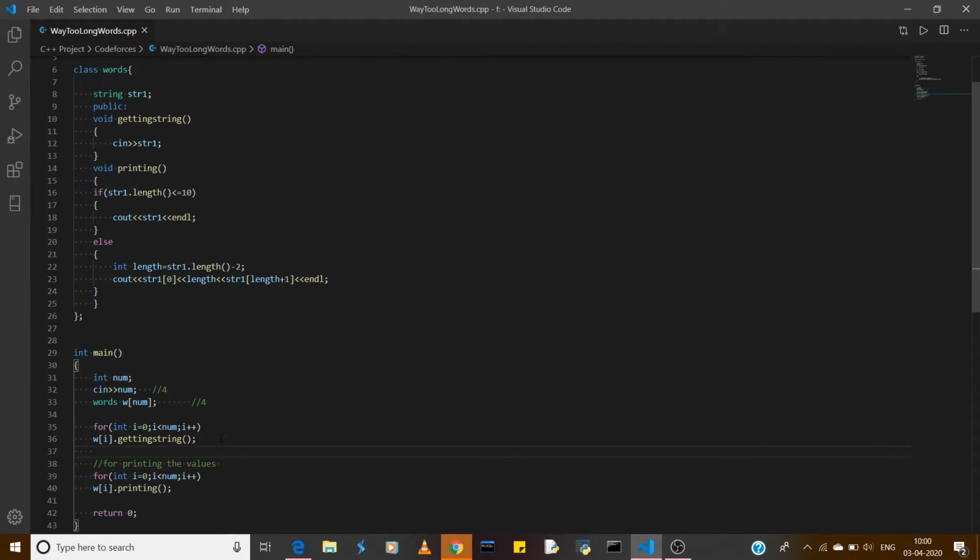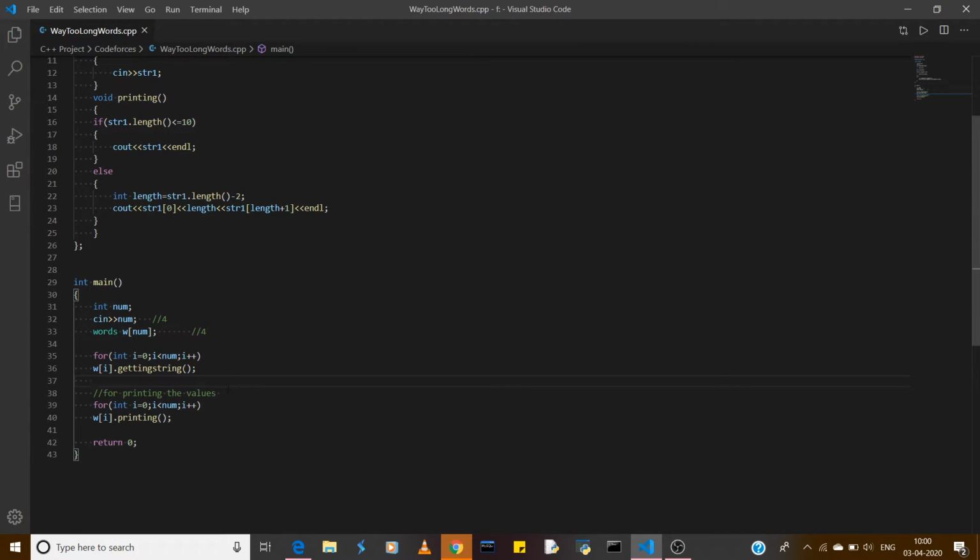Then for printing the values of the strings, I have used another for loop. This is the printing function, and if we go to its definition, this is its definition. I have already explained what it does. If I run this program,